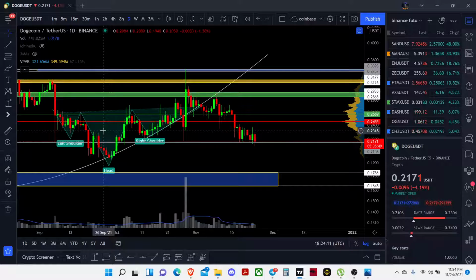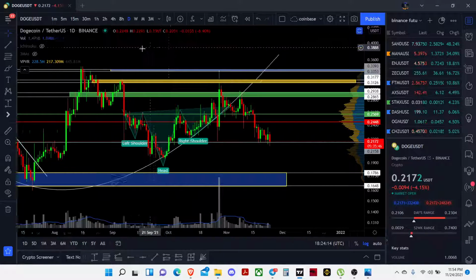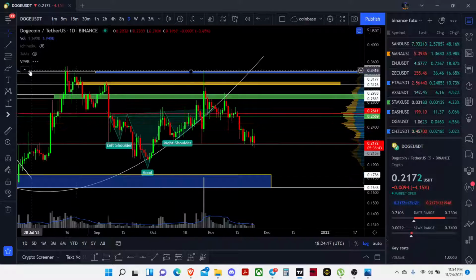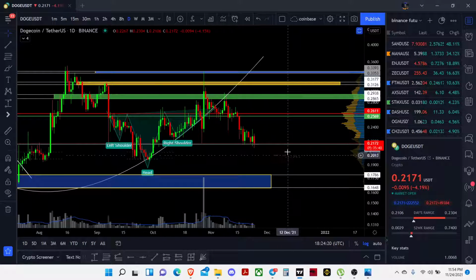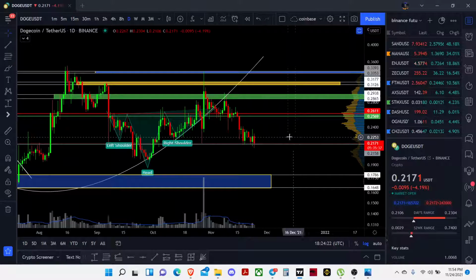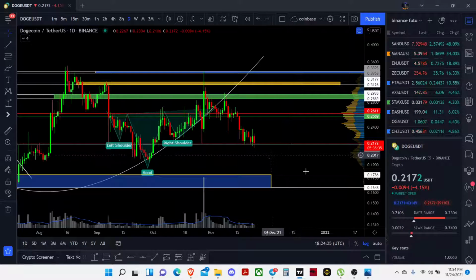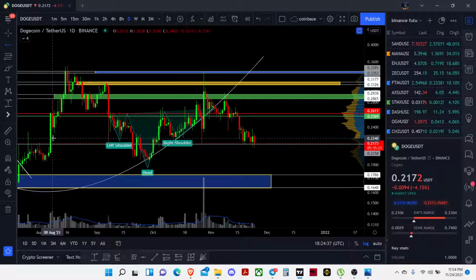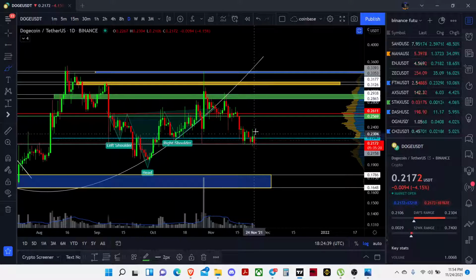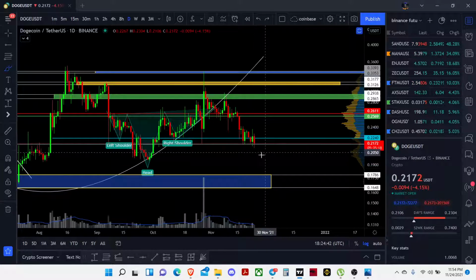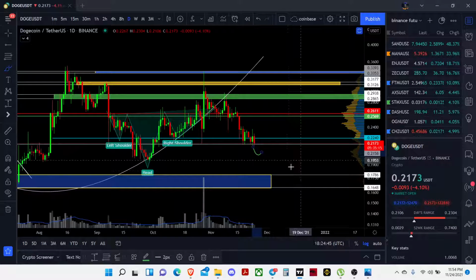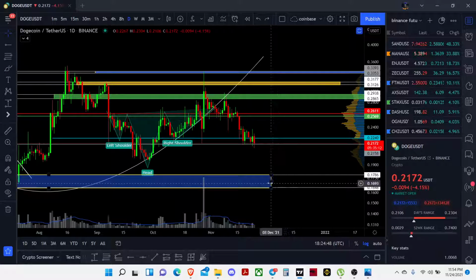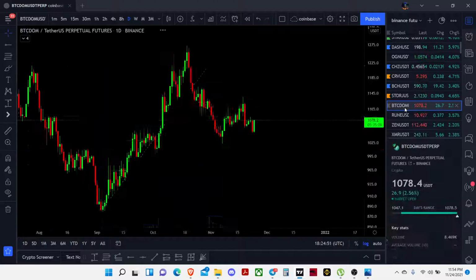After the major pullback, after bull market 2.0 came in, we could see that this is below the VAL, and I almost lost hope in this thing. It's actually at the support, but I would only buy if it reclaims above this VAL. Otherwise, I won't buy it. I don't jump on the train. If this breaks, then this blue box is what I'm looking for in Dogecoin. So you got an idea about what I'm looking for.